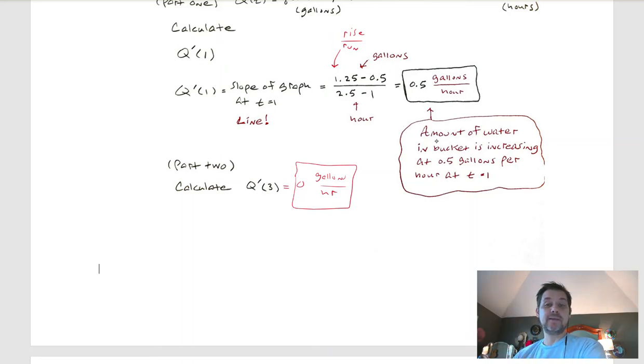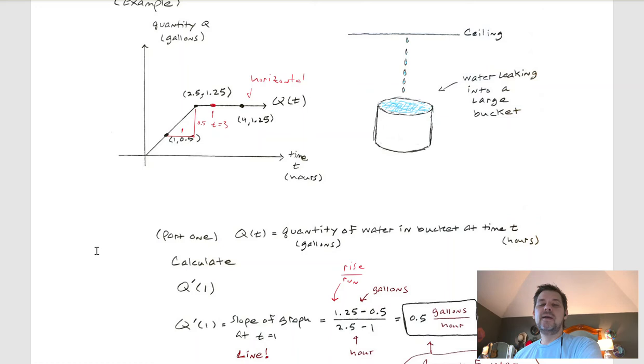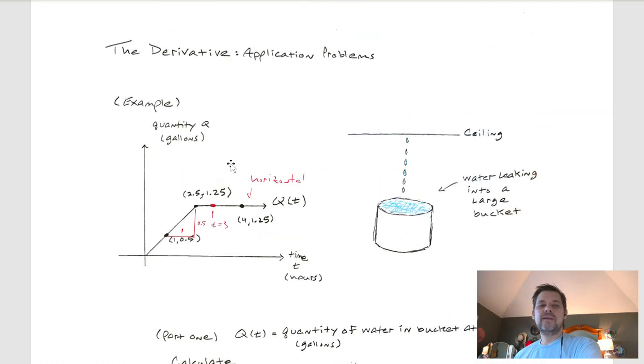Like I said, it could be applied to anything. So, no matter how much time passes at that part of the graph, the water in the bucket increases by 0 gallons because it's not filling up anymore. All right? Okay. So now, whenever I think of the derivative, I